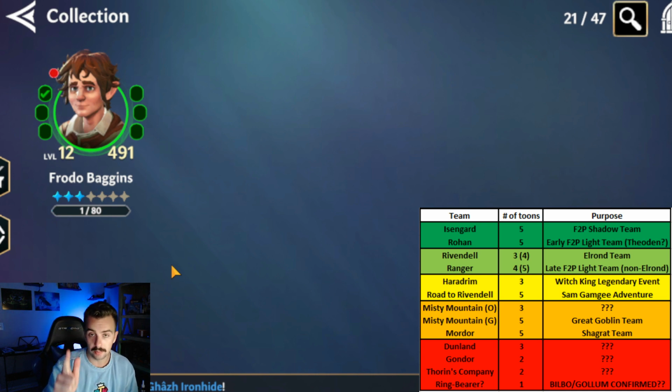So we got 2 ring bearers. We got Bilbo, not in the game yet. I'm sure he probably gets a tag when he comes in the game. I'm a little mad that Sam's in the game, he doesn't have it. Maybe Gollum? Smeagol? I don't know. Like, maybe he could get that. I mean, granted, I think ring bearer was kind of like a...